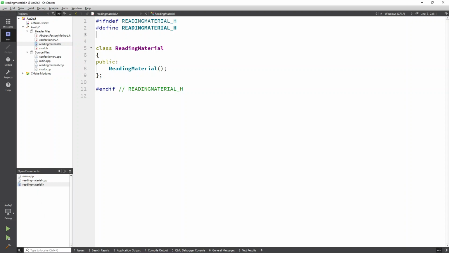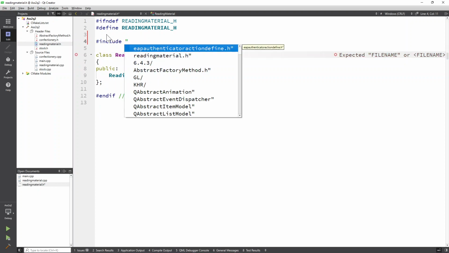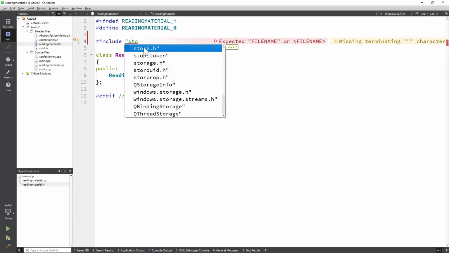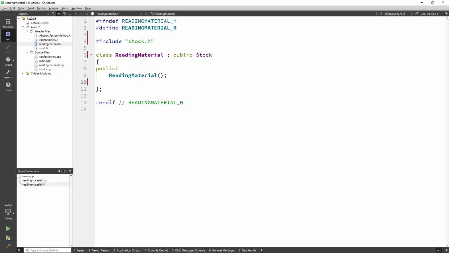As with the previous confectionery, we've got to include our stock. So hashtag include and our stock.h header. Okay, and our reading material is also a subclass of stock. So we say public stock. Okay, and then here we go. We have our overload constructor,